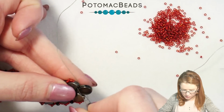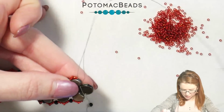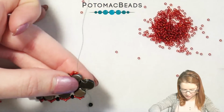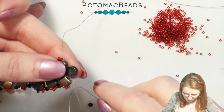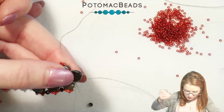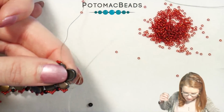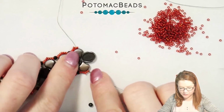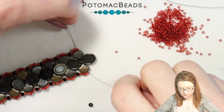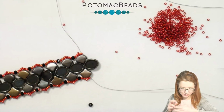So going up through our ginkgo over here. And before I pull this tight, let me just fix a knot that I had going. Okay. So from here, now we're coming out of both of our ginkgos, and we're gonna finish off just adding up another